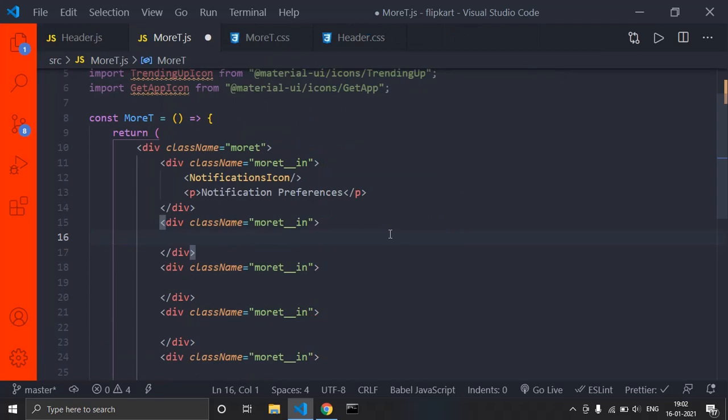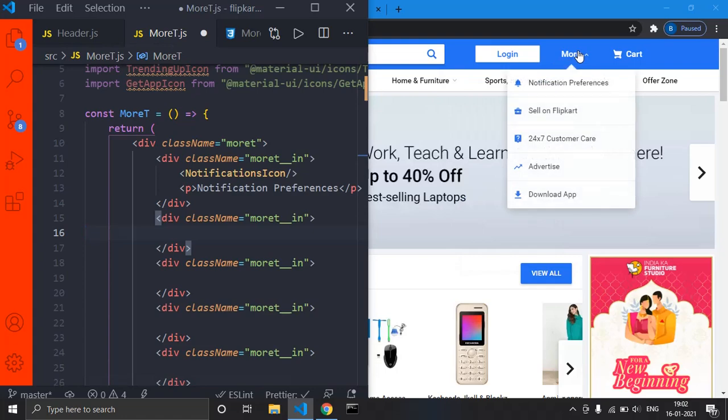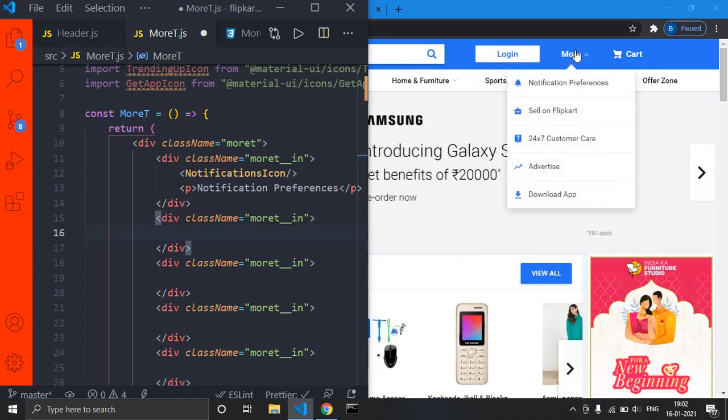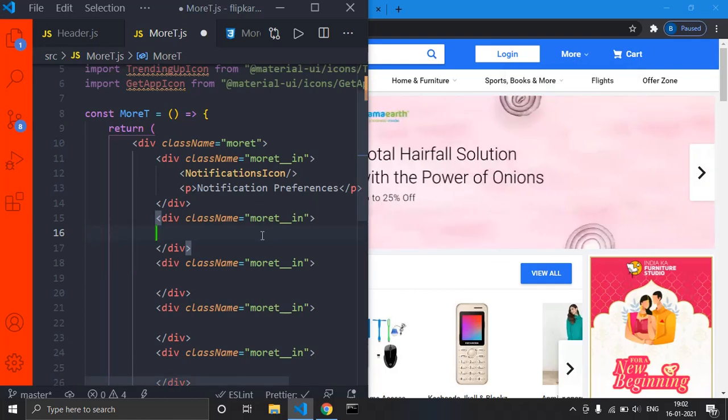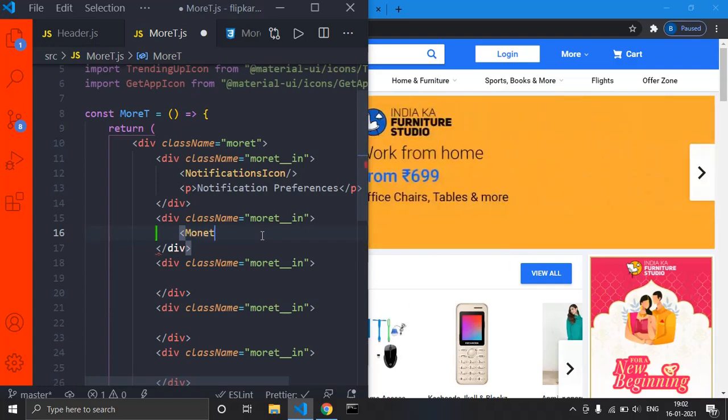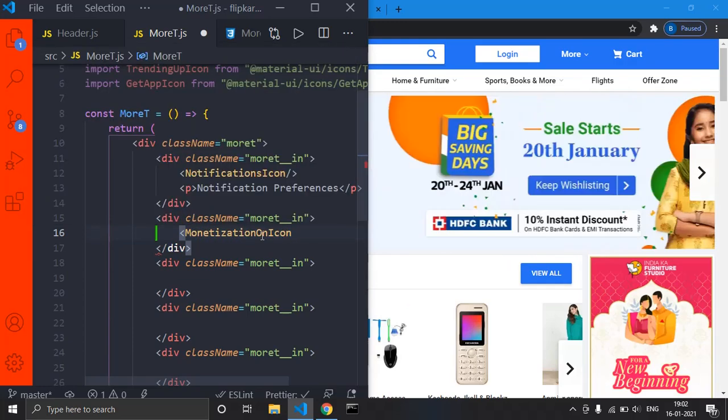Actually that is a tooltip, right? It will not... I mean if I remove the cursor it will go, right? So make sure that once you look at that, you write all the required. Okay, so monetization icon, and